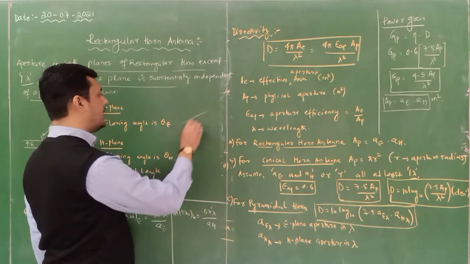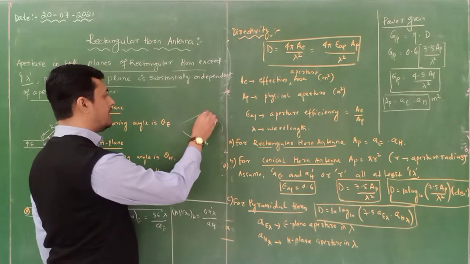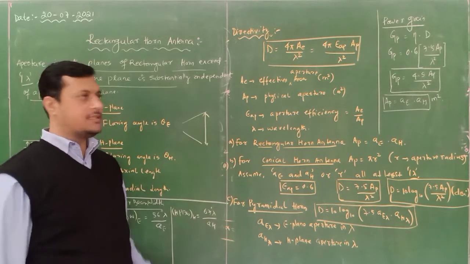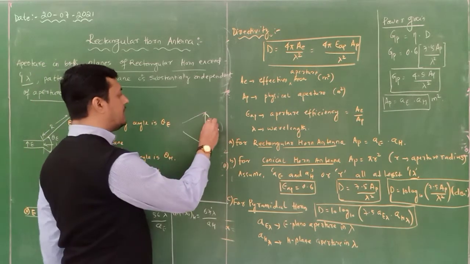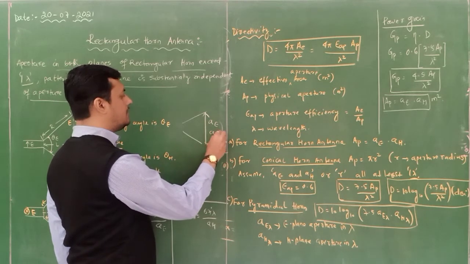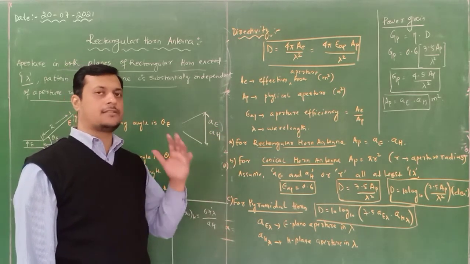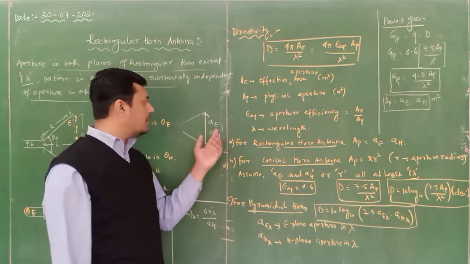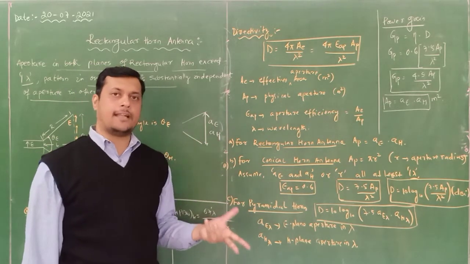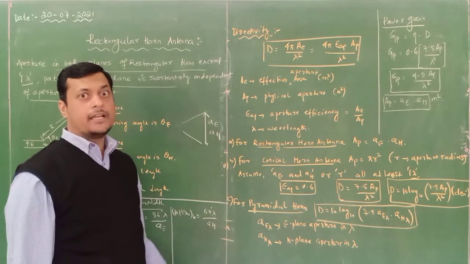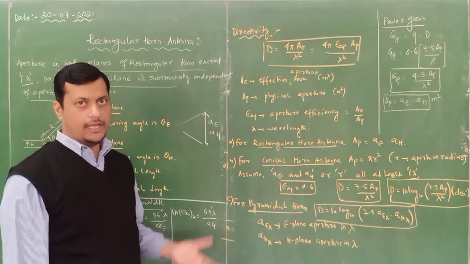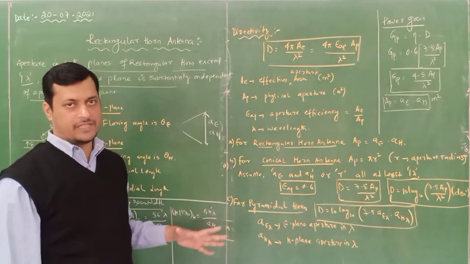If I say this is the aperture of this antenna, then this aperture, AE if I am considering E or AH if I am considering H, depends upon the sectoral antenna. If it is an E plane horn antenna, you take AE. If it is a sectoral H antenna, you take AH. It should not exceed 1 lambda. So that is the criterion that is specified.